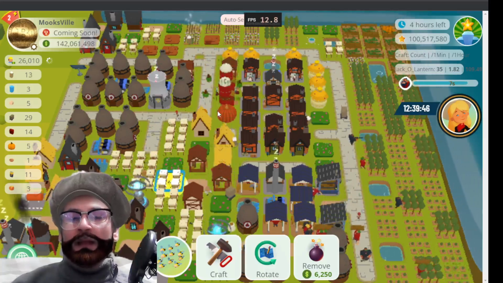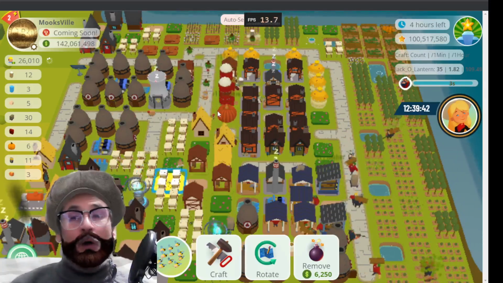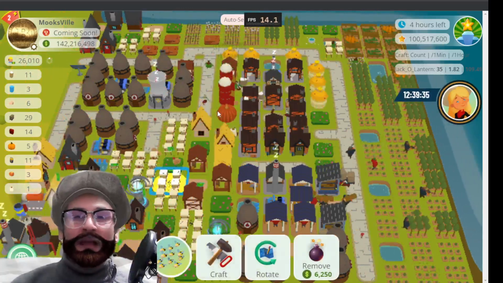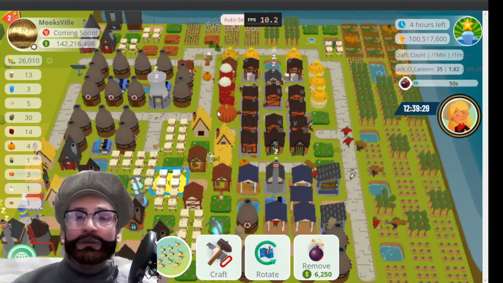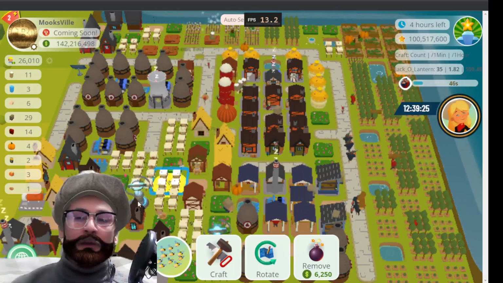You'll find with Ben's builds that he does put a few NFTs in there. And as you can see, I've had to put a few NFTs in my builds too, because the NFTs that Ben has, I don't have. So I had to adapt his build to suit the resources I have available. And because of that, we ended up with some of our beehives being